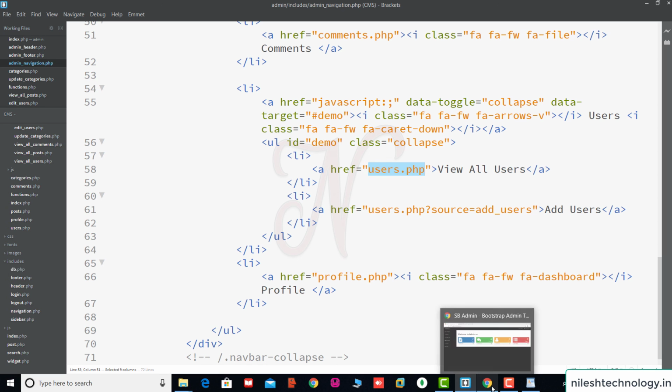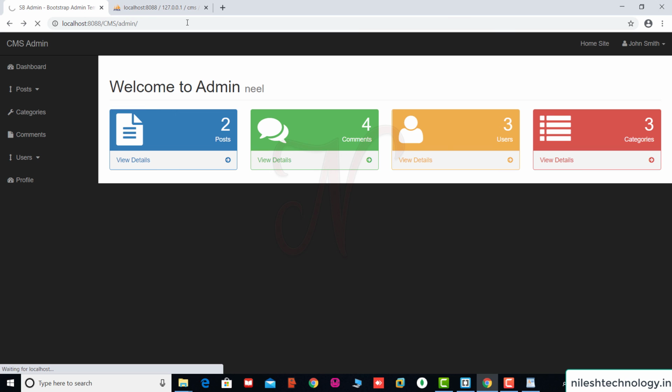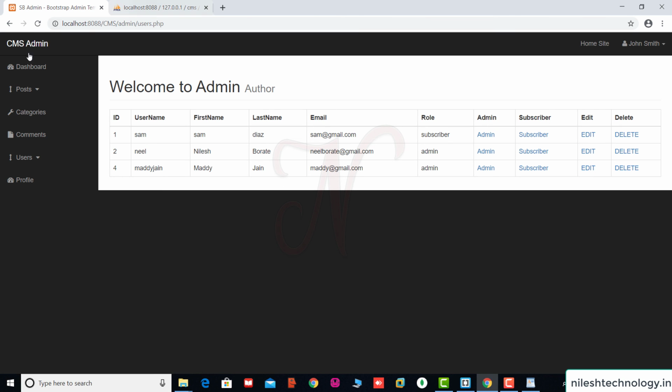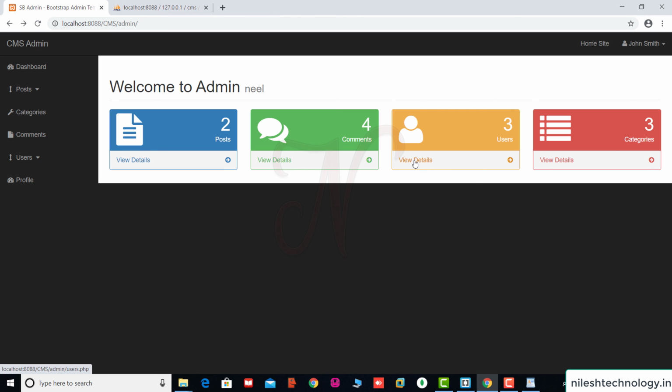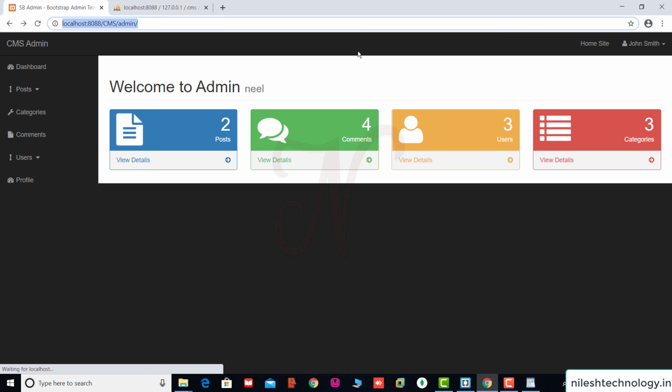Now we test it again. This is the admin. See here, users, view all users, perfect. If you click on this view details, you are also redirected to this users.php file. Perfect. All of these tasks are running smoothly.